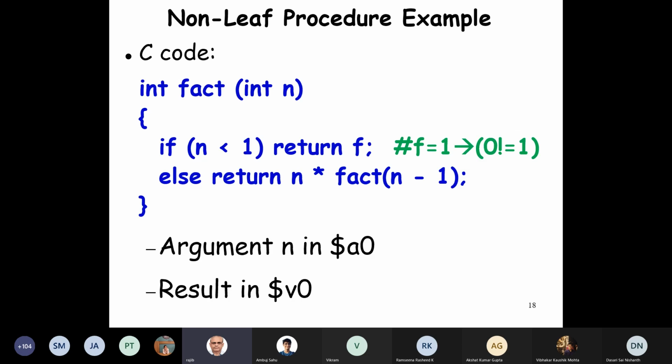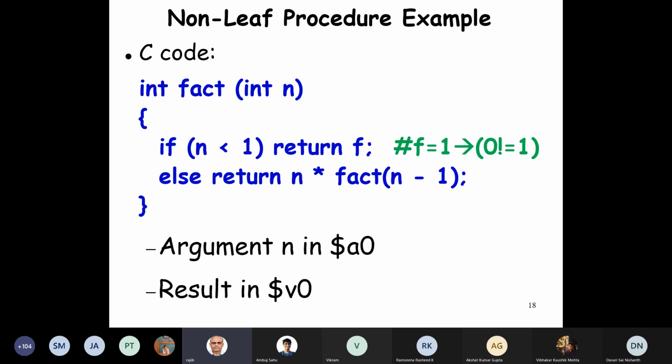And after the call, we need to restore that back. Now let's look at the simple recursive procedure call. Factorial takes one argument, integer argument, and the base case is if n is equal to 0, that is by definition 0 factorial is 1. So f will be 1, set to 1 if n is 0.